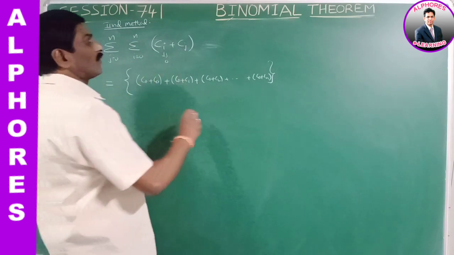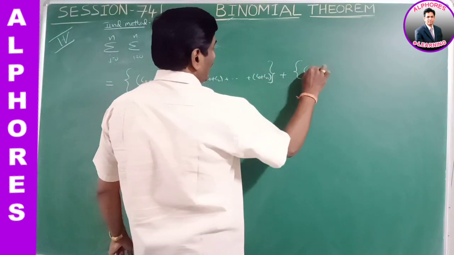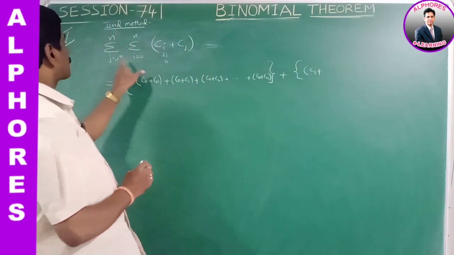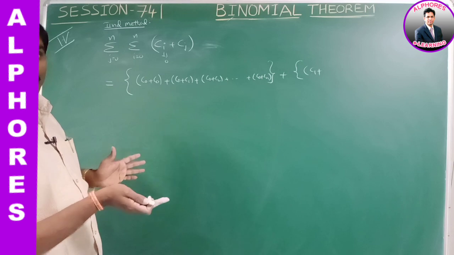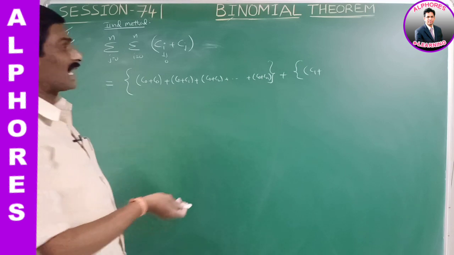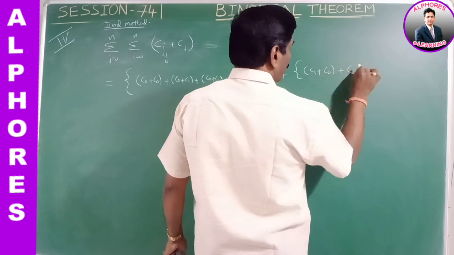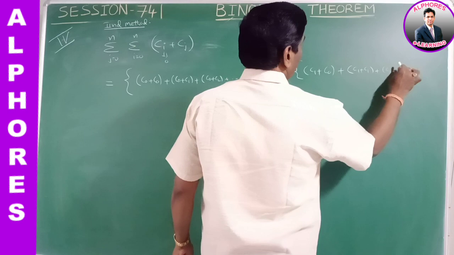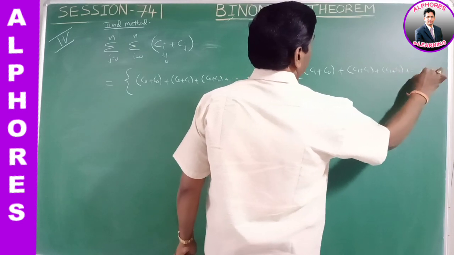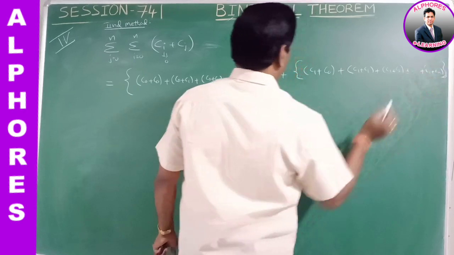Suppose i is equal to 1, what are the possible values? Next, the i value 1. What is the first term in the bracket? C1 plus, again j starts from any value. There is no relation between i and j: i less than j or i greater than j, there is no relation, any value. That means C1 plus C0, C1 plus C1, C1 plus C2, and so on, C1 plus Cn. Please observe this value. Okay, it is the second bracket.